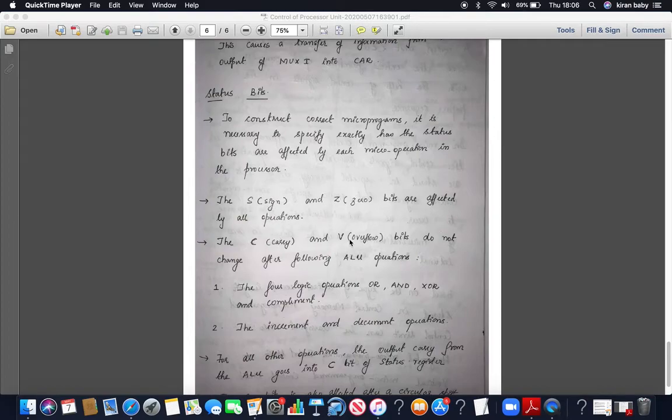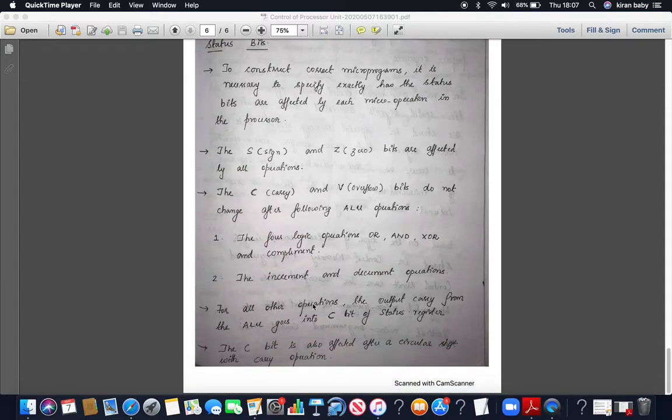But the carry flag and the overflow flag are not affected by the following ALU operations. For the 4 logical operations, OR, AND, XOR and complement, the carry and the overflow flag are not affected. Similarly, for increment and decrement also, the carry and overflow flags don't get affected, but the sign and 0 flags will get affected for all the operations.